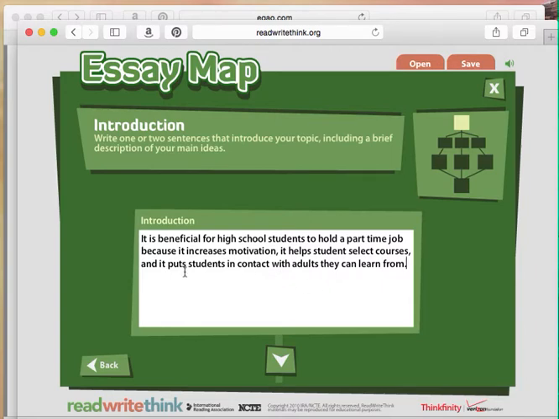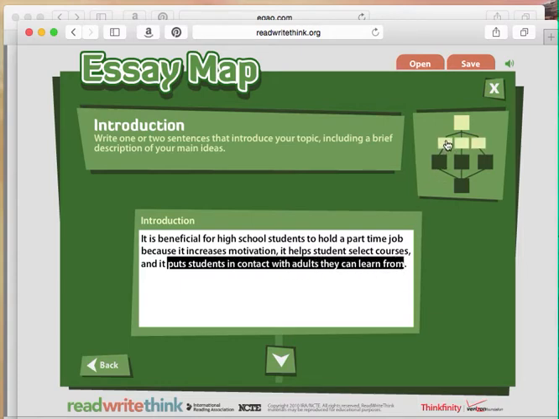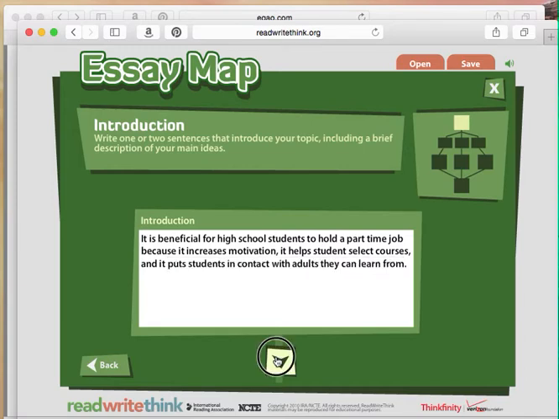I've also provided 3 areas of focus. I've said it increases motivation, it helps students select courses, and it puts students in contact with adults they learn from. So those are going to be my 3 subtopics. So as I move down my essay map, I'm going to say